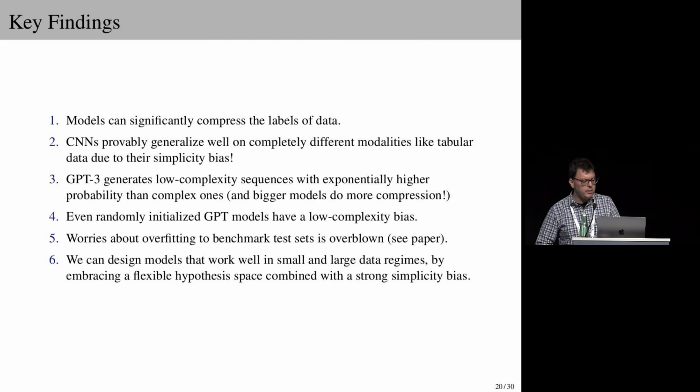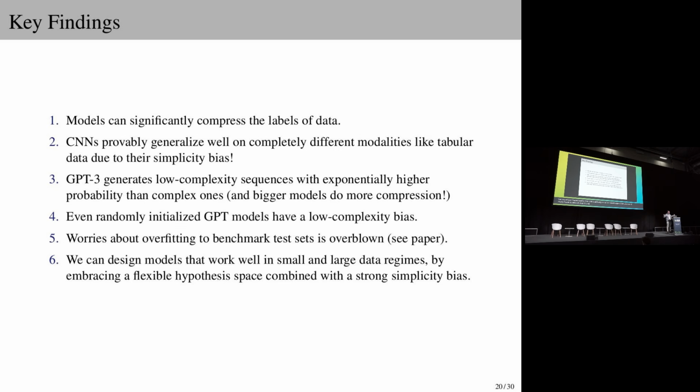Through these finite hypothesis bounds, we try to reason about results like in the paper, do CIFAR models generalize to CIFAR, do ImageNet models generalize to ImageNet, which were exploring the question of whether we should be worried about overfitting to commonly used benchmarks. The empirical results in those papers suggest that maybe we shouldn't be, that the rankings of models is essentially retained, and the degradation in performance is probably due to slight distribution shift in these new ImageNet and CIFAR data sets. And we show theoretically that this is actually what we would expect, that you would really have to search over an extraordinarily large space of models in order to expect to have to overfit on these